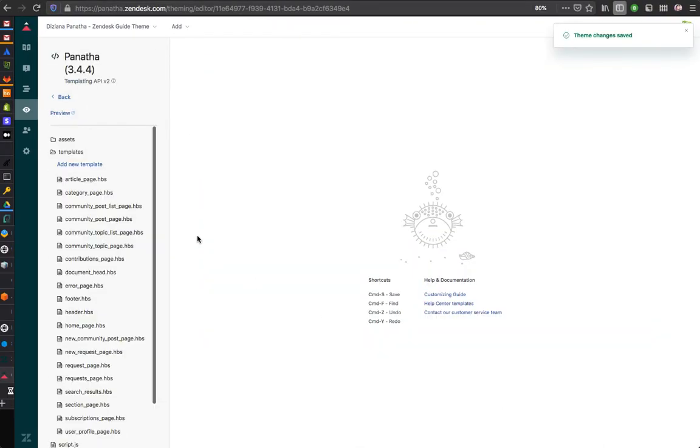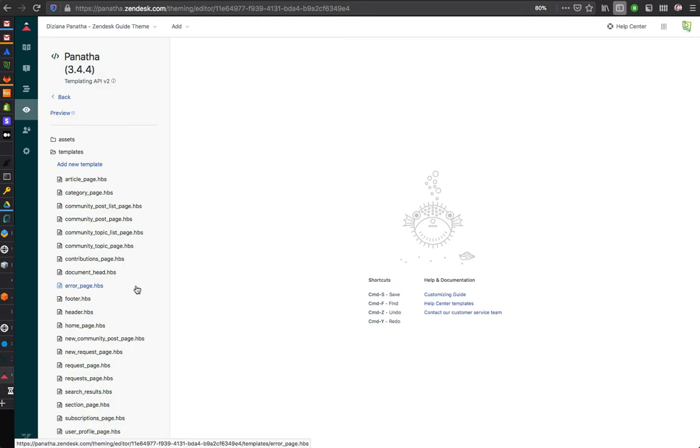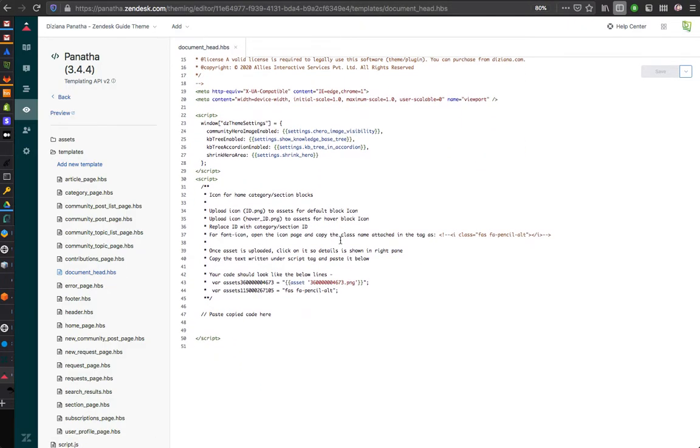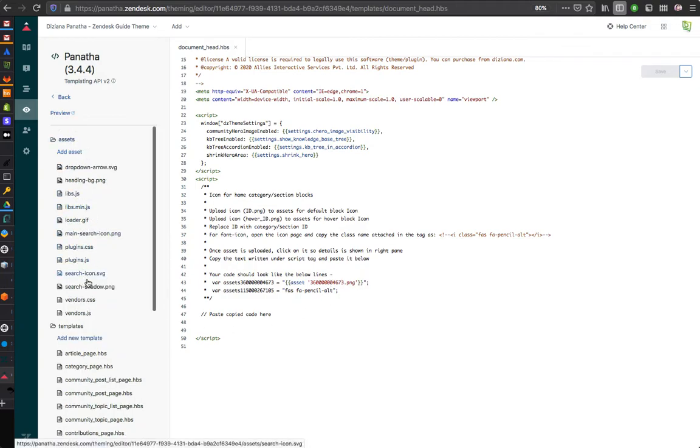And then the process is as simple as, there are different ways to do it. Either you can just upload an image that says icon dash category name dot png in your assets, and the icon would be automatically associated. Or another process is you can manually associate something like that.